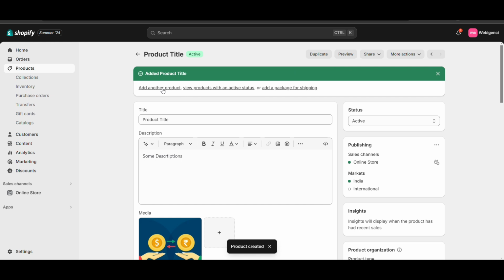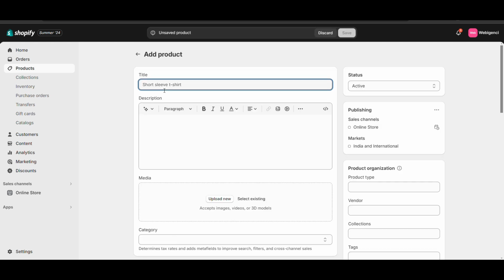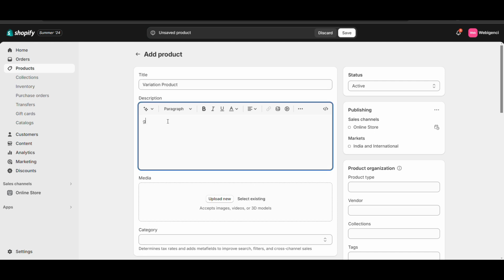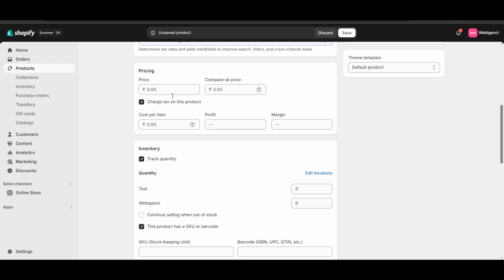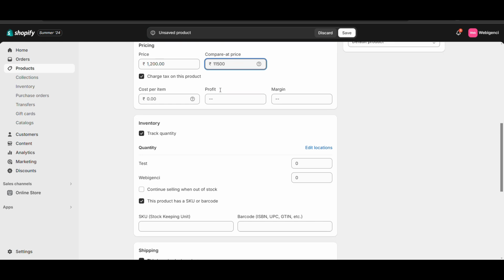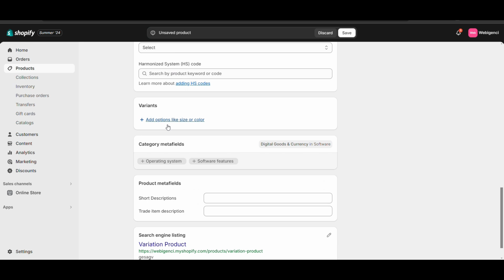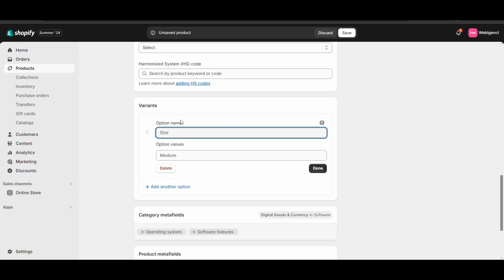Now what I will do, I will create a variation product. Here the same features: description, anything you can write. Images will be here. Pricing: for now, leave the pricing because we will create variations and then update pricing in it. Okay, everything is the same here. Variation: now here click on custom variation.